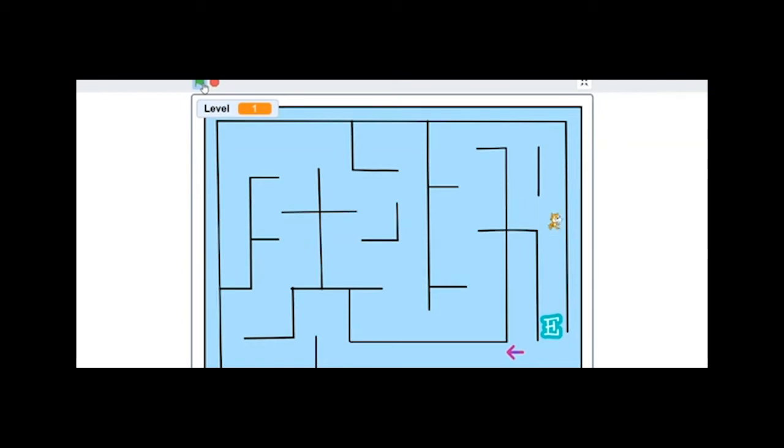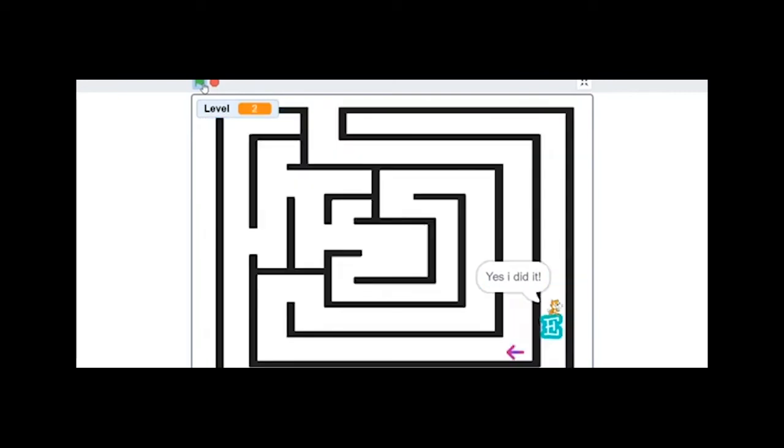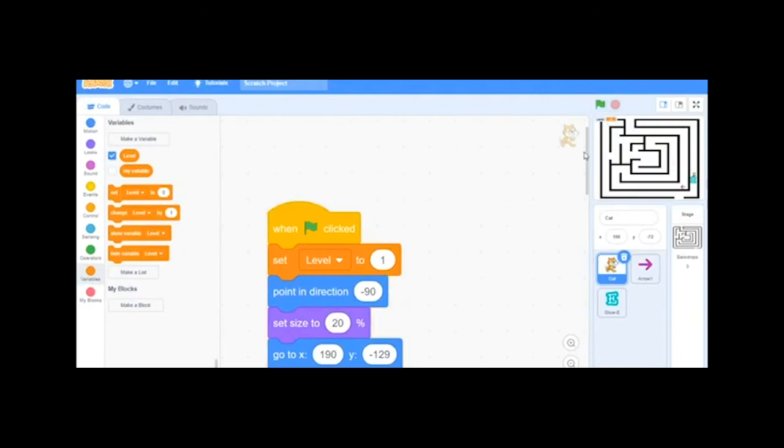Okay, so I have to be very careful here so that I don't touch the line because I'm almost at the end. So as you can see, we were able to change the level. And because I'm still touching the letter E, that's why it keeps increasing the level. So that is an error. We need to debug it so that it does not keep increasing the levels, yet we are still in level 2. So that's one thing I wanted us to observe, that you can change the